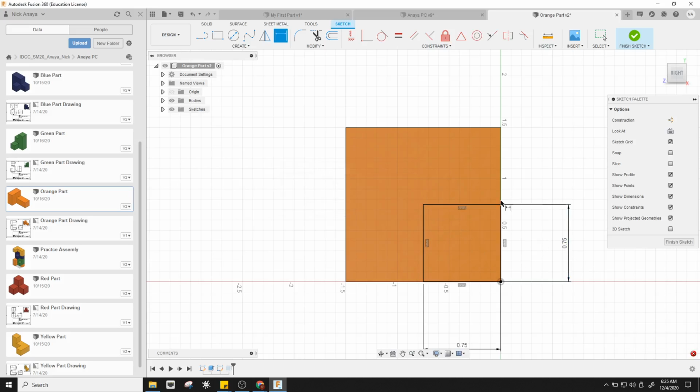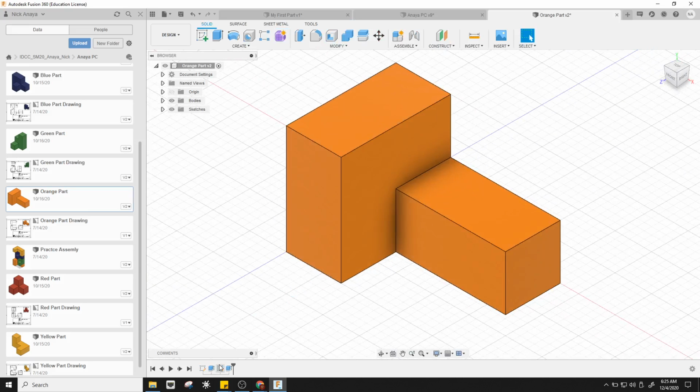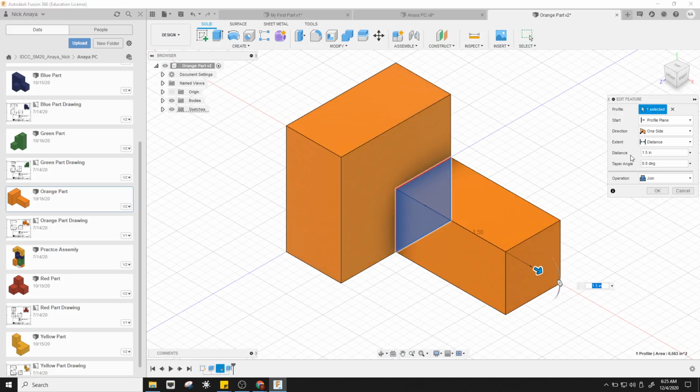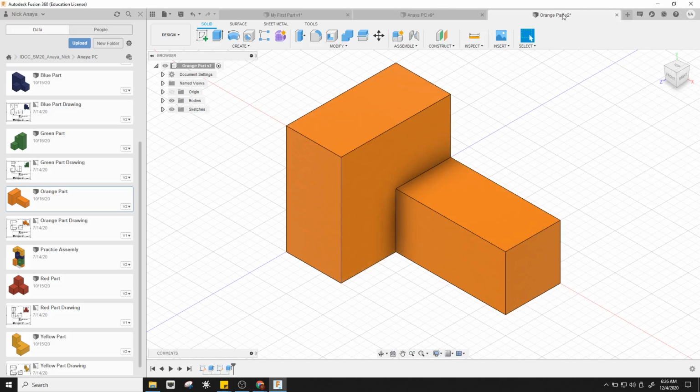So I can adjust the design by going into a sketch or into an extrusion. For example, here, I may want to adjust the length of this extrusion from 1.5 to, say, 1.75. And then it's going to grow. And I can make adjustments by going into previous steps in the timeline. All right. So from there,